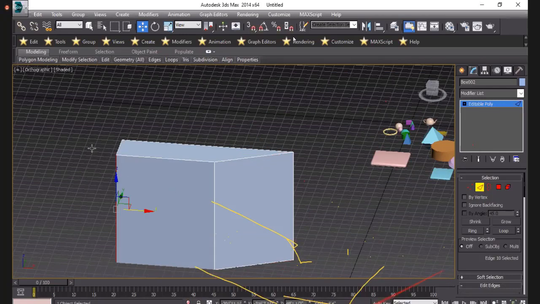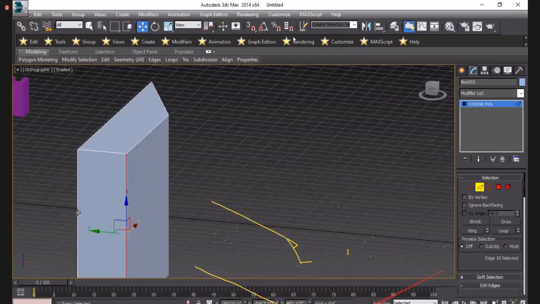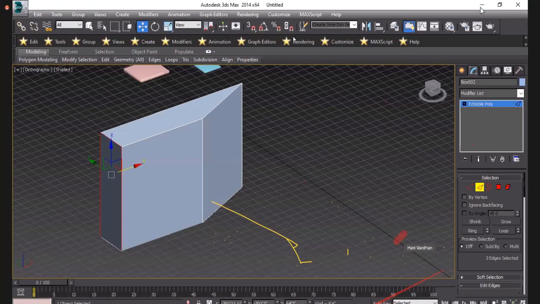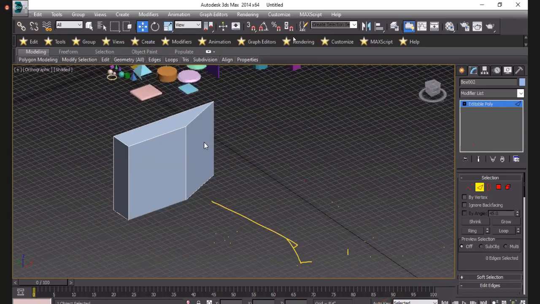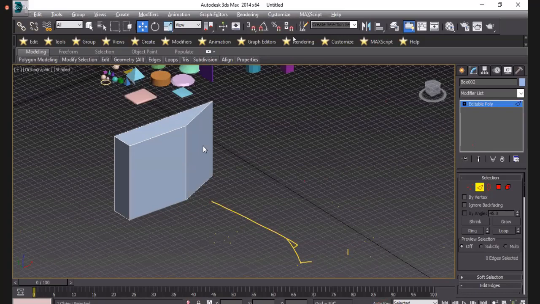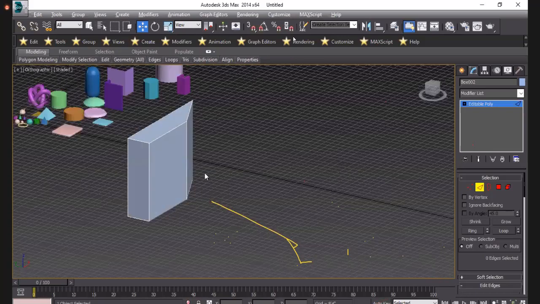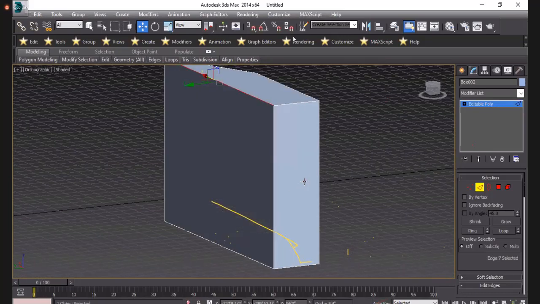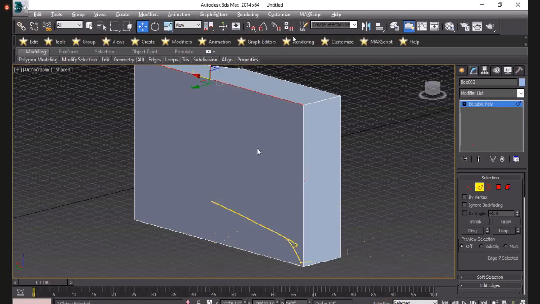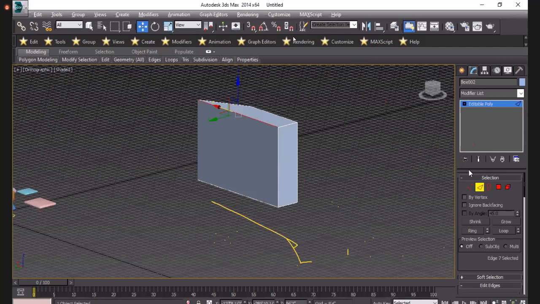This is the edges of your object here. I will select the edges. When we do the modeling, I will show you how it works.